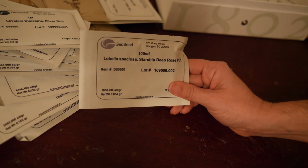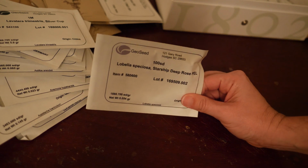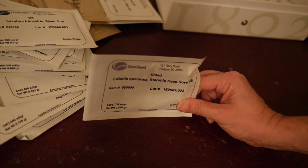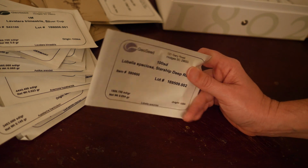I also have some Lobelia. This is Starship Deep Rose. This is the first time growing Lobelia for me. Giving it a try with winter sowing shouldn't be a problem. I can feel that the seeds are in a little vial in there, so I'm sure they're small, but luckily I think those are pelleted. I'm not sure. Anyway, next we have some